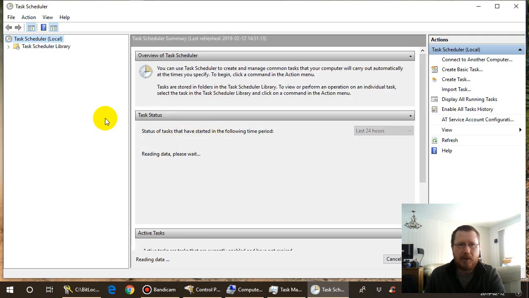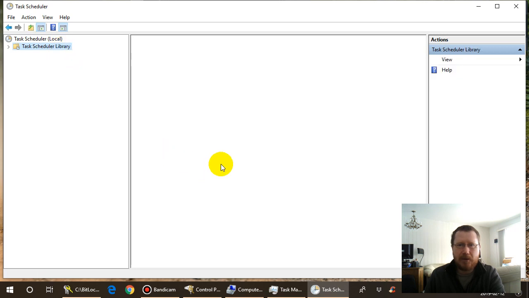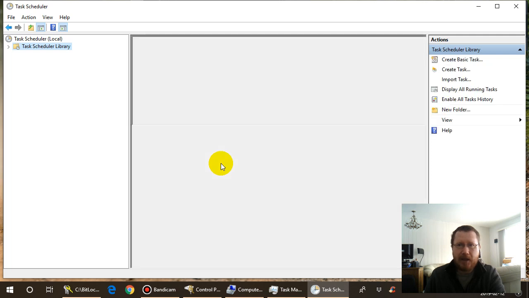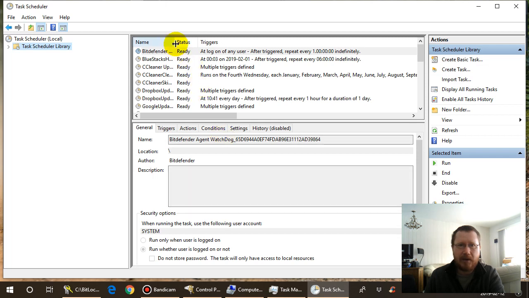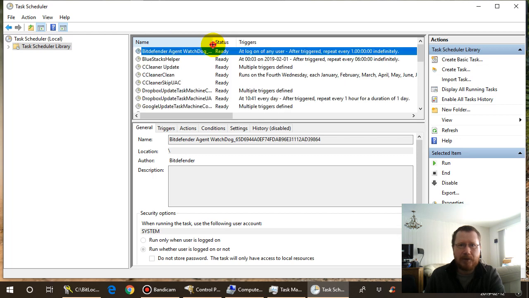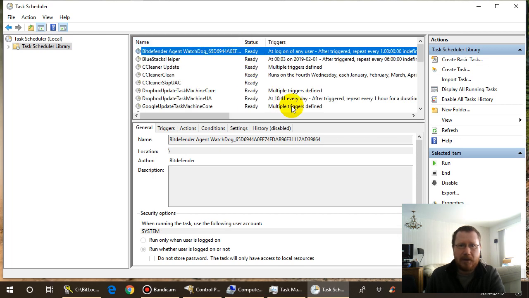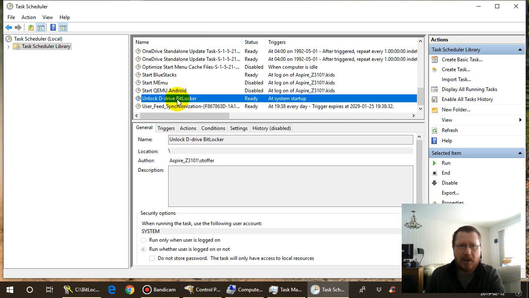So task scheduler, local library. We click on local library and it should show us all of the tasks that are already in there, and I have a task in there already, so we can just modify it, or we can create a new one and then delete one of them, but we will need to change the value of the encryption key file. So we scroll all the way down and you see it says unlock D drive BitLocker. So we're going to create a new task. Click on create task here on the right side,